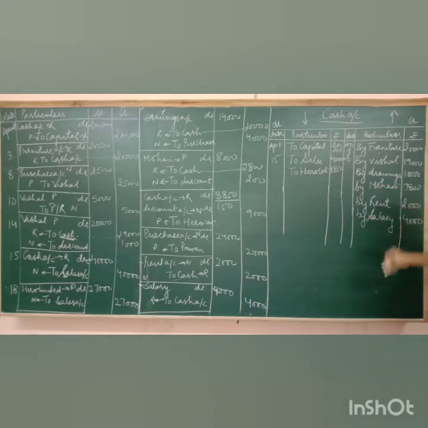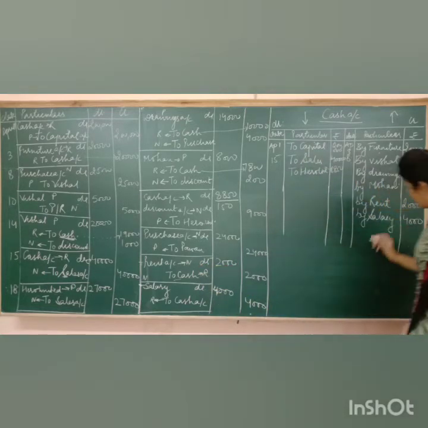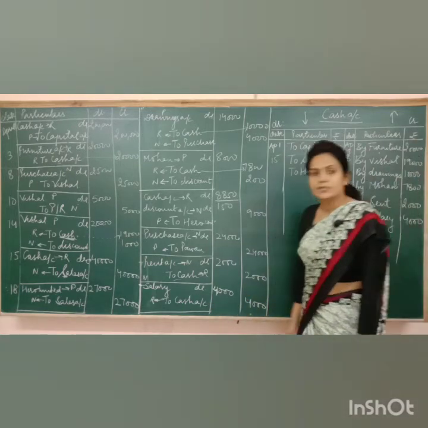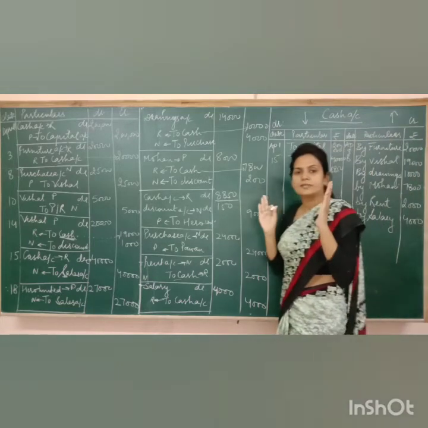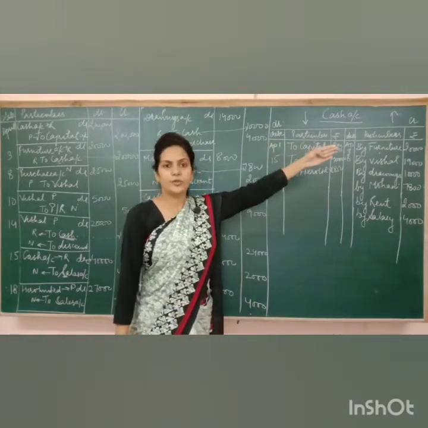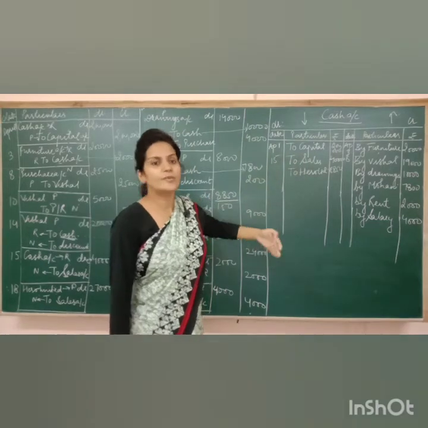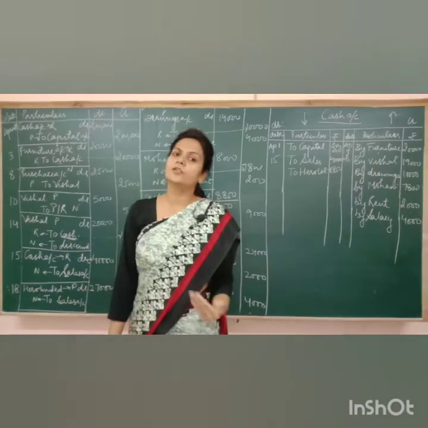By Mohan means we are making payment to Mohan and cash is going out. By rent means we have paid the rent. And then by salary means we have paid the salary also. So I hope by now things are clear to you that the account is a real account and the rule which is applicable is debit what comes in, credit what goes out. So transactions on the debit side show money is coming into the business. Transactions on the credit side show money is going out of the business.